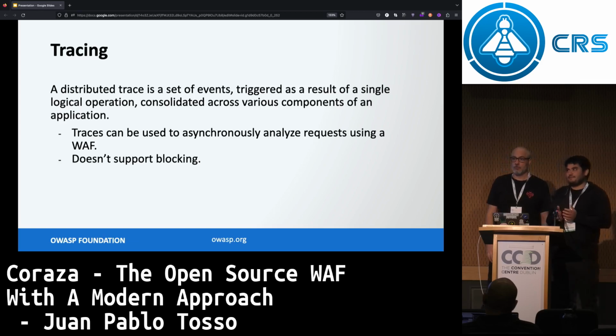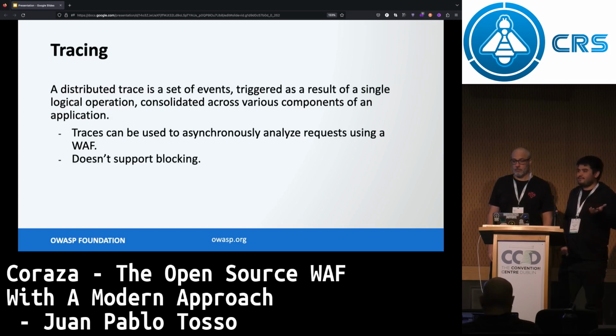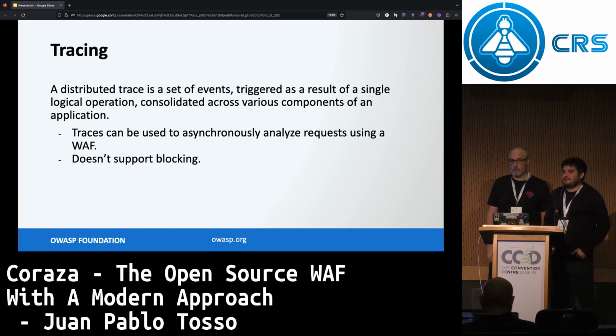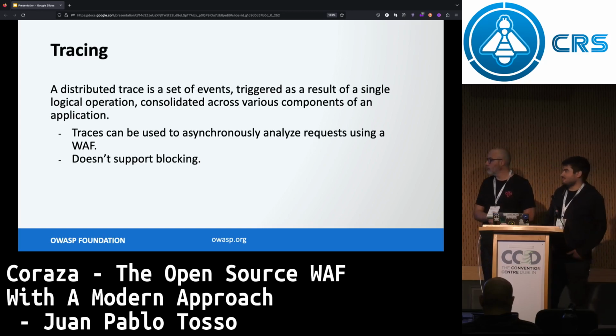So you could take a collector to retrieve the data directly from your app and perform some web application firewall checks. If you already have, for example, a web server with an automatic tracing mechanism, you could just send it to a web application firewall, and it will read the JSON structured data and take some action. And as with eBPF, it doesn't support blocking because we are working asynchronously.